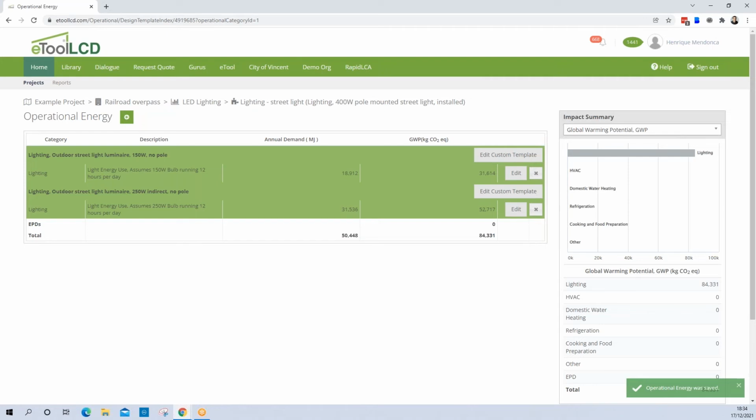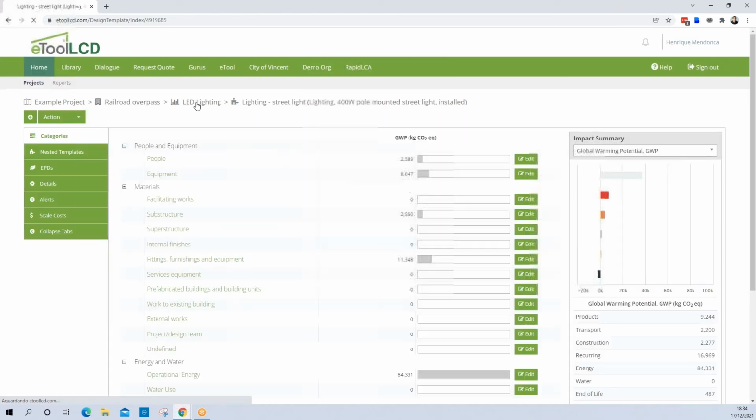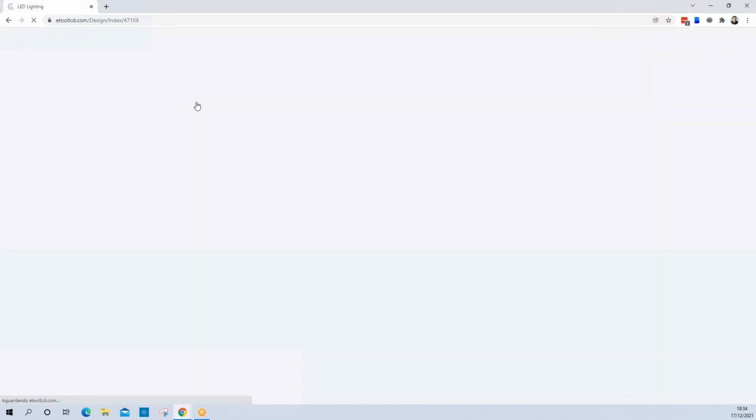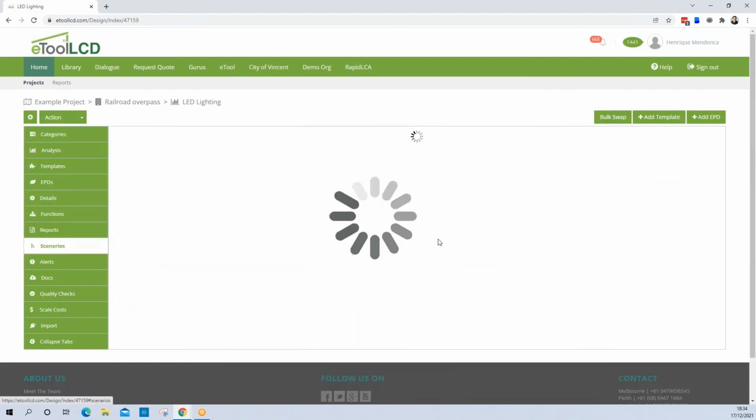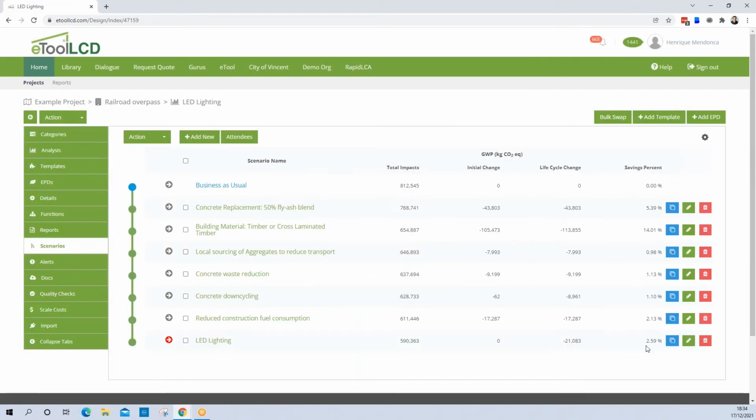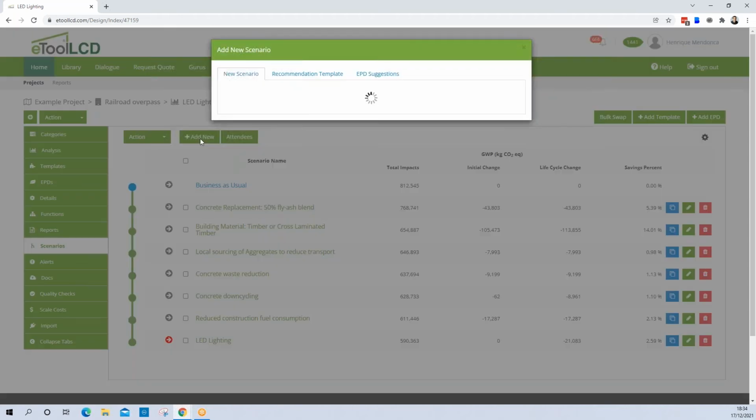Okay, so assuming same embodied impacts, just applying the operational savings, this design will now present us overall savings of 2.59%. So further to the improvement in efficiency, I'll add automation. I'll add some functionality to do with smart controls. I'll add a new improvement,